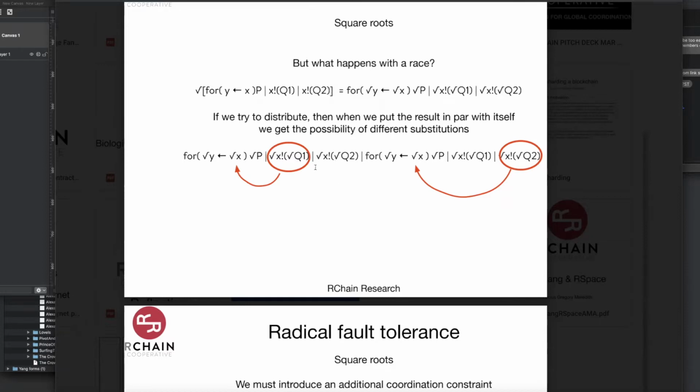We're checking. When we do this transformation, this is the transformation. But now we want to check that if I square this thing, if I put it in par with itself, that I'm going to get back the original process. So that's this in par with itself. Do I get back this thing that's on the inside of the square root prior to taking the square root? And that's where things fall down.